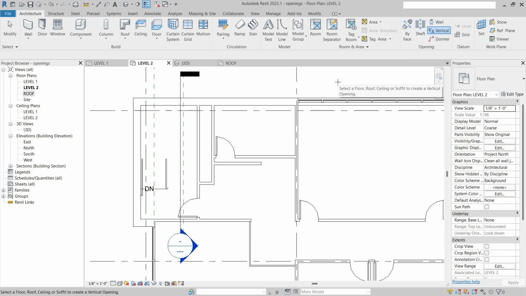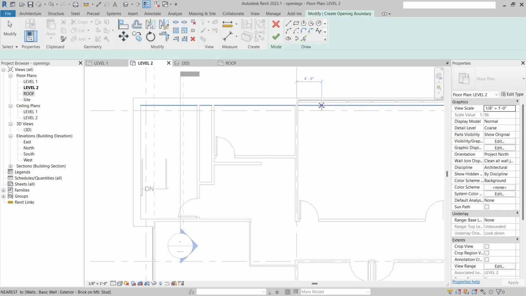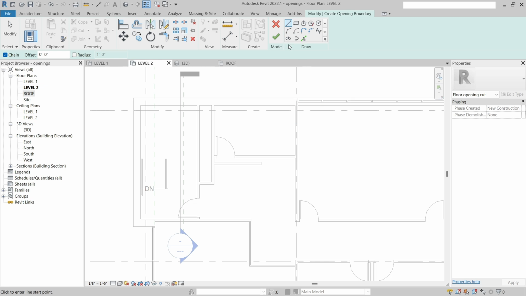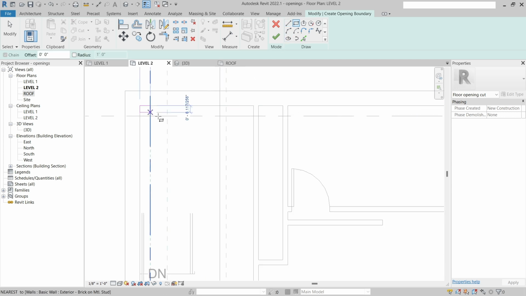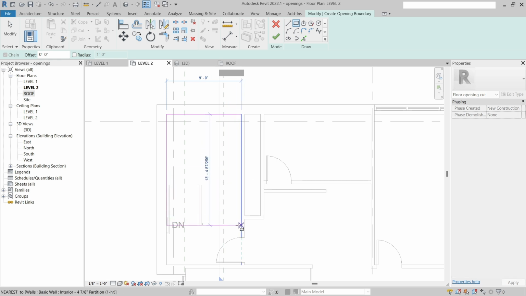And when you do, Revit prompts you to select a floor, roof, ceiling, or soffit to create a vertical opening. So we'll hover over the edge of the building here till we see the floor, and then we can simply click to select the floor. And then Revit goes into sketch mode. There are several options in the draw gallery that you can use. And I'll use rectangle